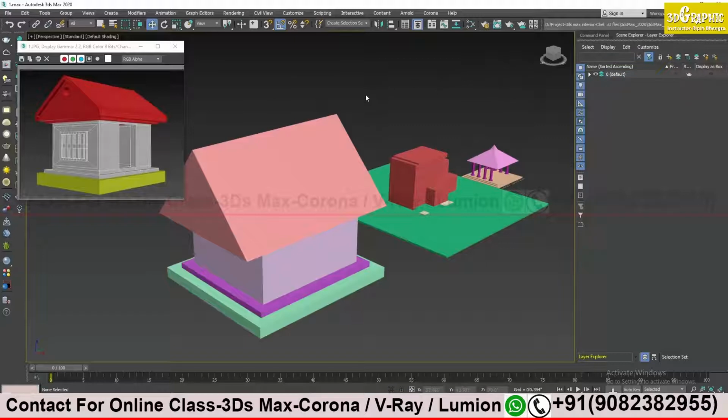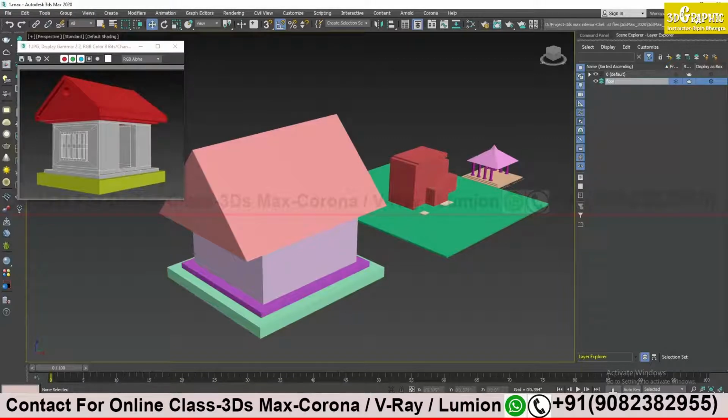So I will create one new blank layer. To create a new layer, you have to click on the plus sign. When you move your cursor, it will tell you it's Create New Layer. So I will left click over here and I will get a new layer. Whenever the layer appears, it comes in blue color so that I can rename it. So I will just rename it, suppose, as my floor.